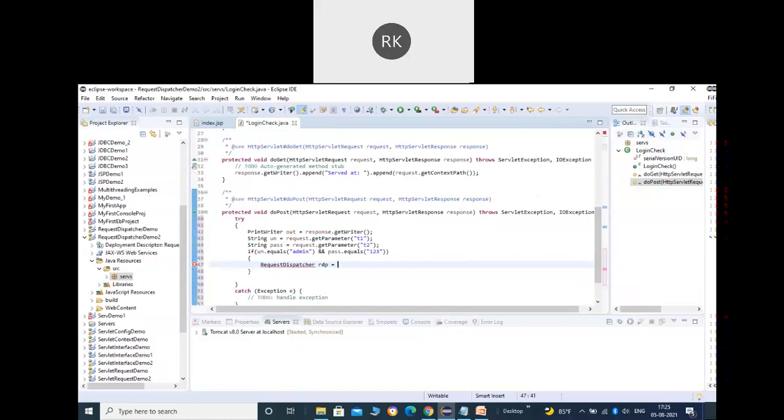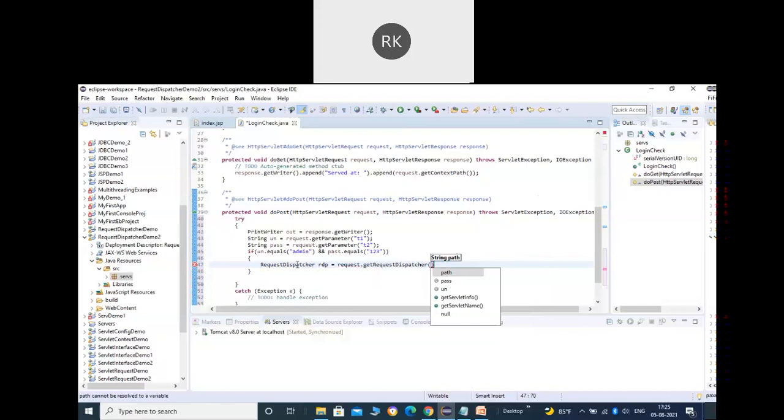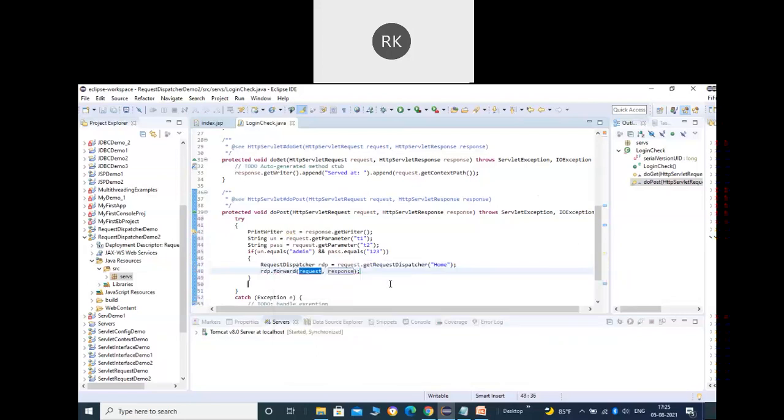Okay, so here because we have to send the request to some other servlet or JSP or HTML, what we can do is make use of the request dispatcher here. All right, so this is what we try to do here. Okay, so just create the object of the request dispatcher. So you can say RequestDispatcher, let's say rdp is equal to request.getRequestDispatcher, and here we can specify the name of the servlet or JSP, whatever page you have created there. Okay, the name of that.